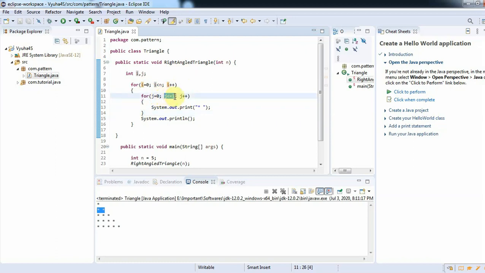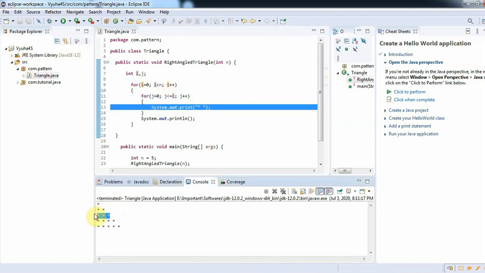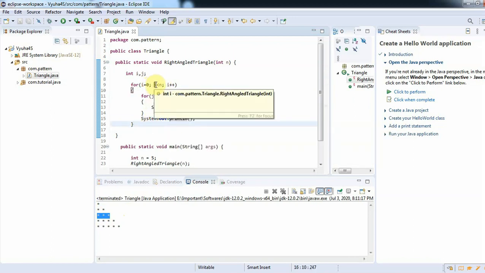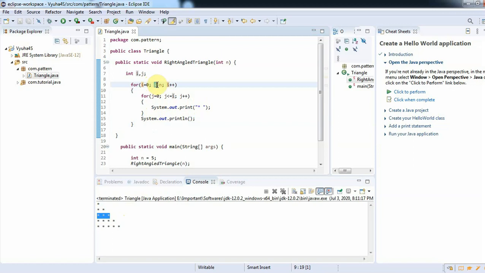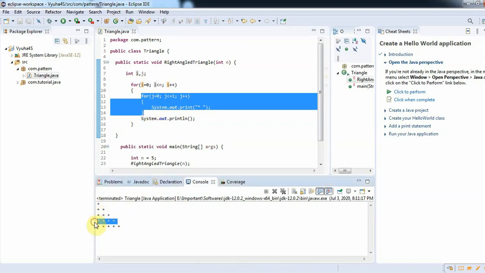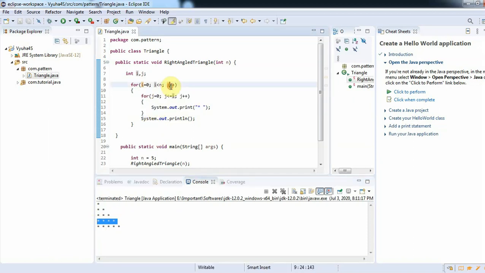So 2 less than or equal to 2, yes, the condition is true, and it will get printed. We can observe here that the count of stars is 3. Then again it goes to a new line, and the condition checks again. The value of i will be 3, and this loop executes 4 times, so 4 stars will appear here.